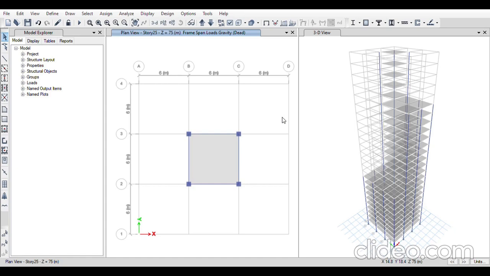H by L gives me the coefficient, which lies between 1.5 and 6. So L by W is 1. So I have referred to this, and my windward and leeward coefficients I will apply. It is 0.8 for A. Before applying this, I will go to elevation and I will take A. I will click on OK.